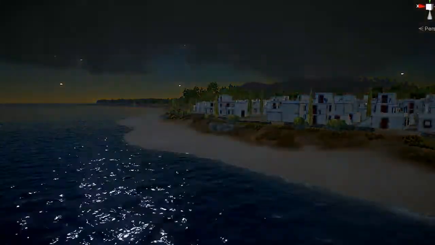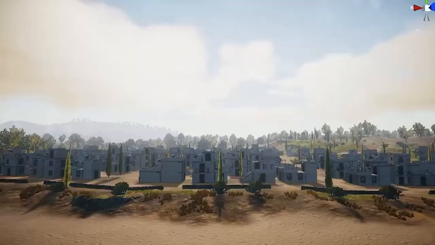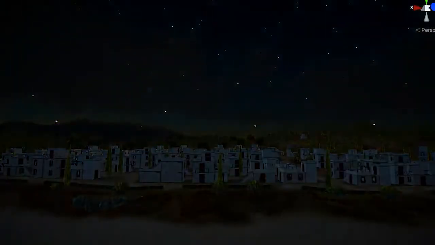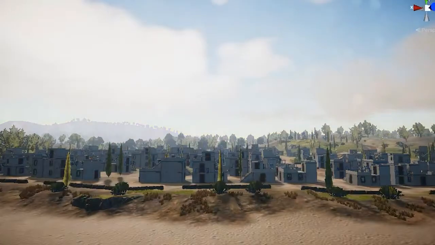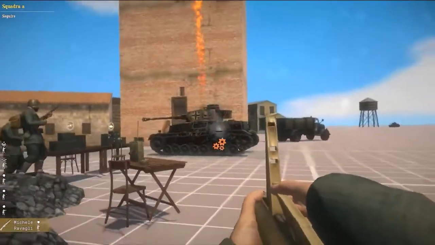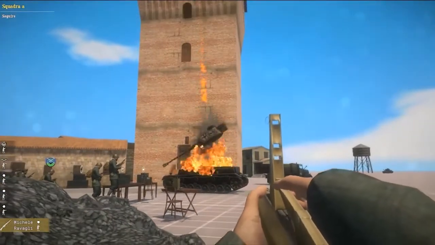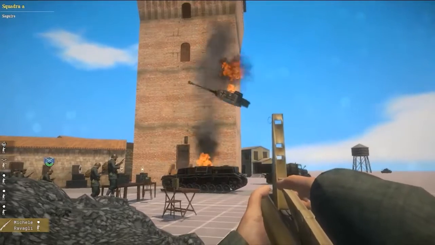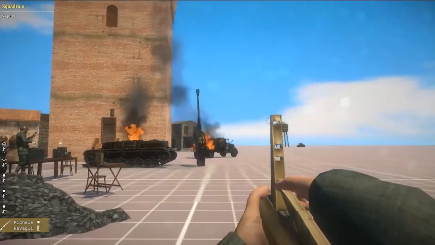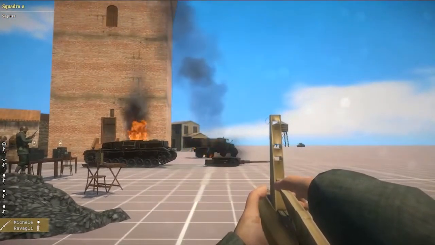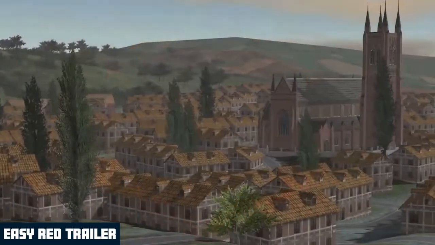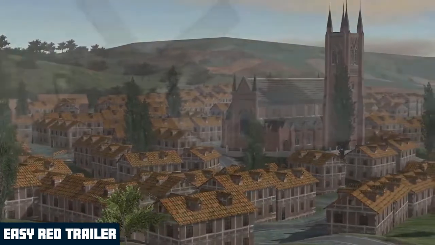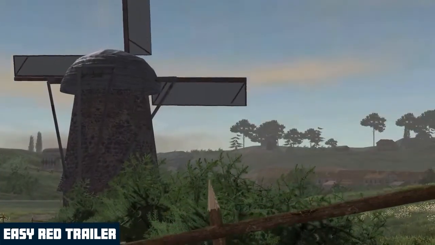So I went there, watched more tutorials, tried to model some weapons, some stuff to make a cool game, with the skills that I learned in my school. After 2 or 3 years, I had enough skills to make a game. So I made my first game, which is EasyRed, the prequel of the current game I'm working on. It was very similar in concept to this game.